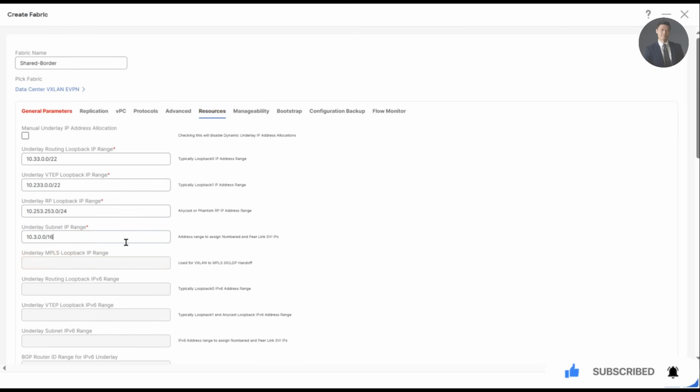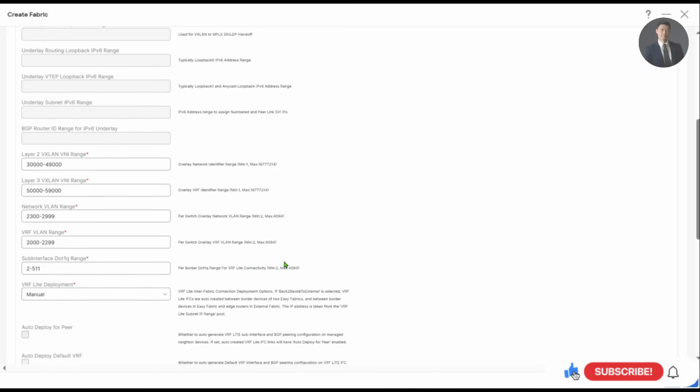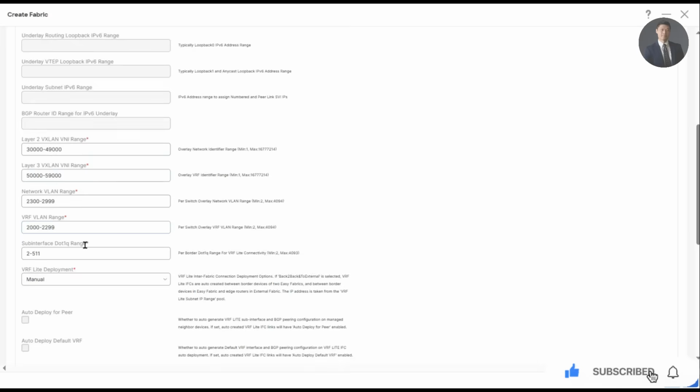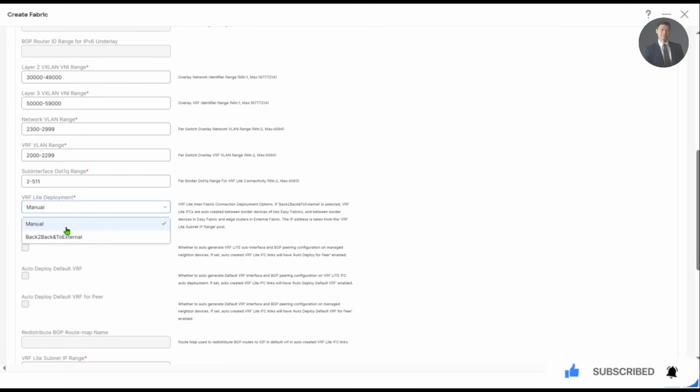Go down. We wanted to add a fabric because we wanted to deploy an external fabric. This is my external fabric we wanted to use. We're using the VXLAN back to back, and I wanted to auto deploy for the peer. Okay,